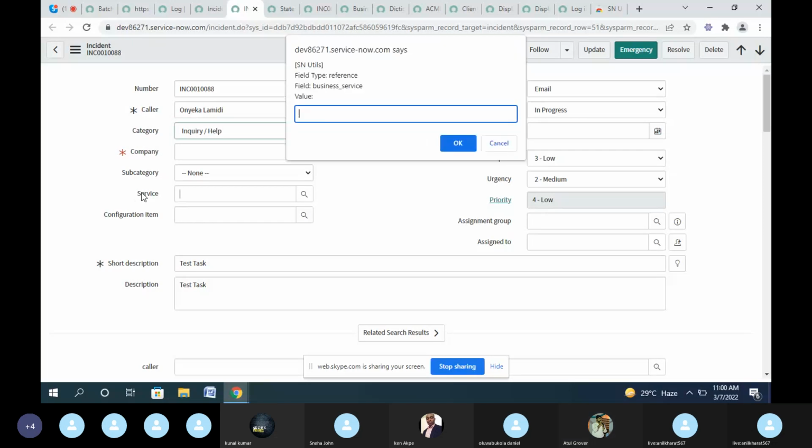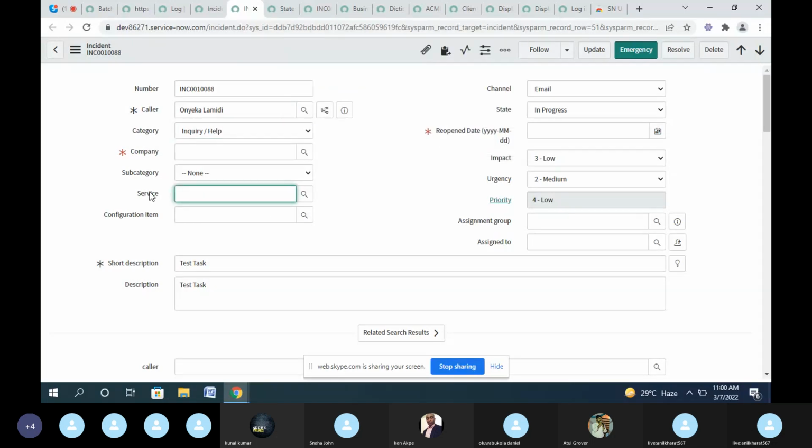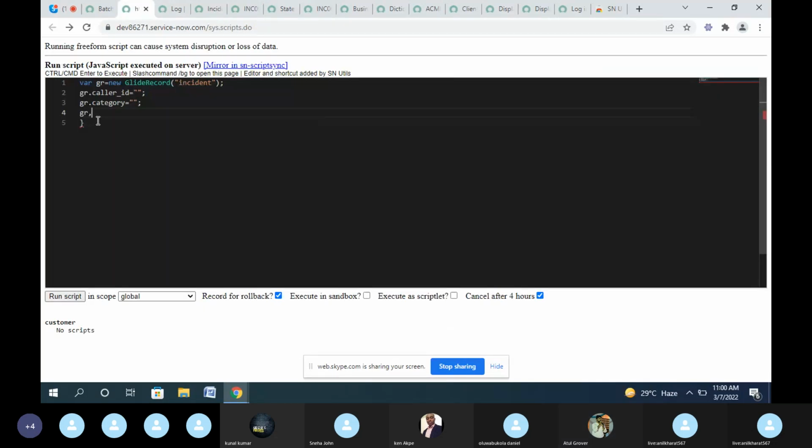Sorry, business underscore services. Or you can check the backend name of this one here. Right click on it, business services. gr dot business underscore service is equal to